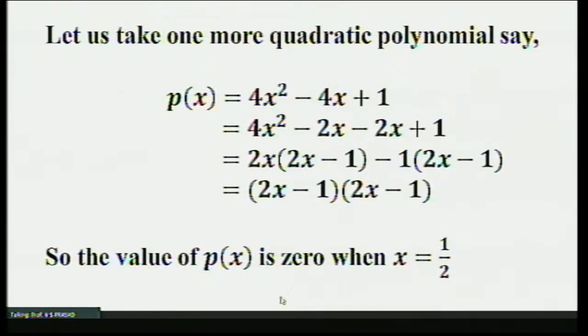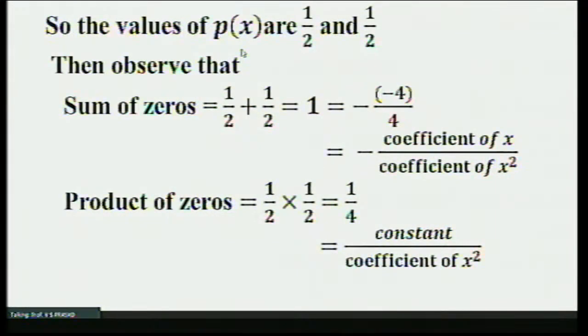Therefore, the value of p of x is 0 when we take any one factor as 0, that is x is equal to 1 by 2. That means the zeros of p of x are 1 by 2 and 1 by 2, repeated 2 times. Then if you take the sum of these two zeros, that is 1 by 2 plus 1 by 2,